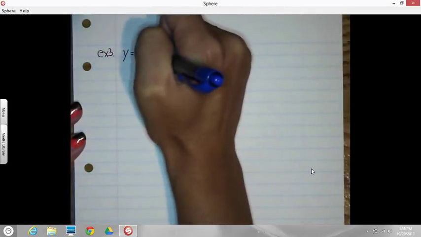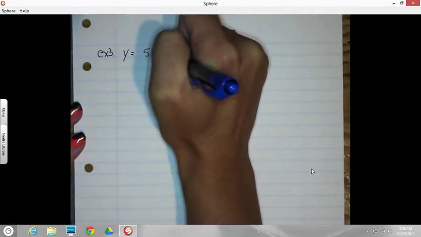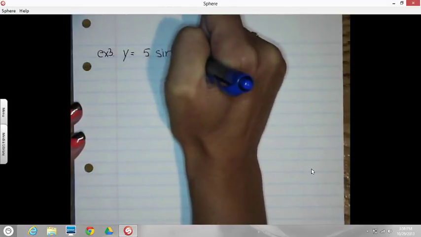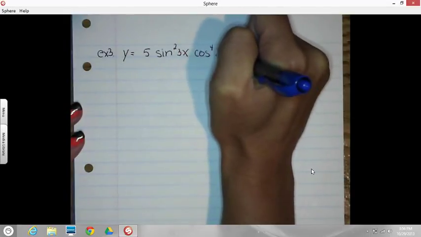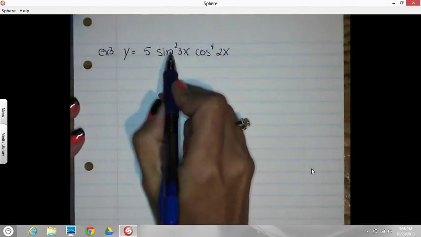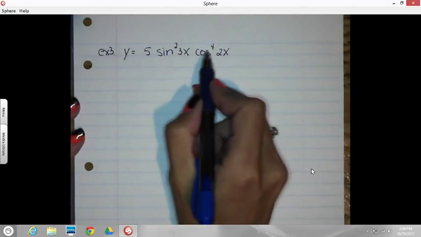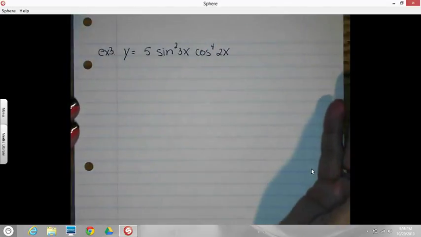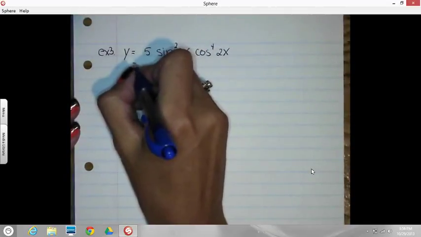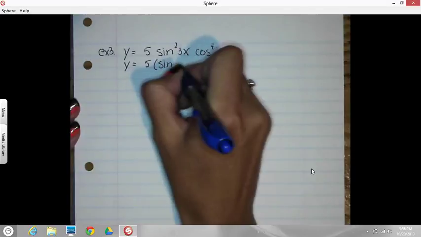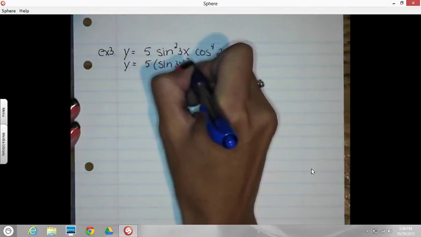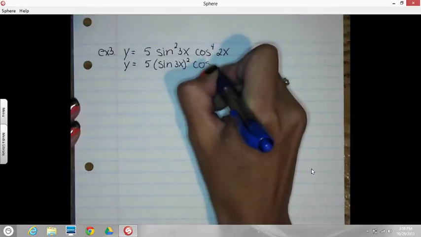Number 3. Y equals 5 sine squared 3x cosine to the 4th 2x. Now remember what it means to have that power next to the trig function. That means you have an inside squared, and here you've got an inside to the 4th. I'm going to take the time to rewrite that. 5 times sine of 3x squared, and then cosine of 2x